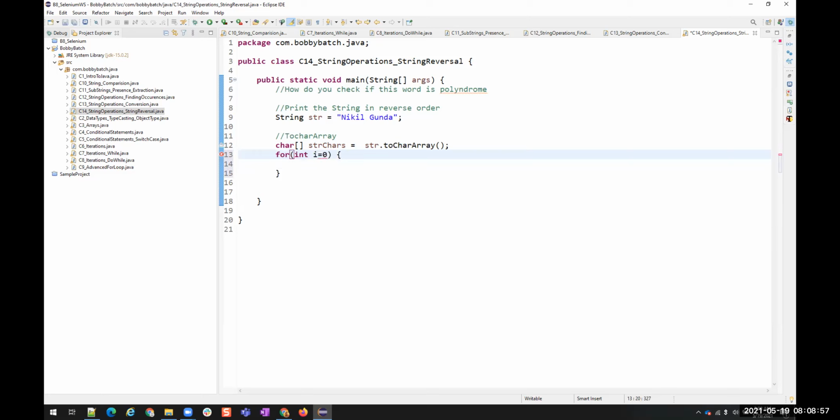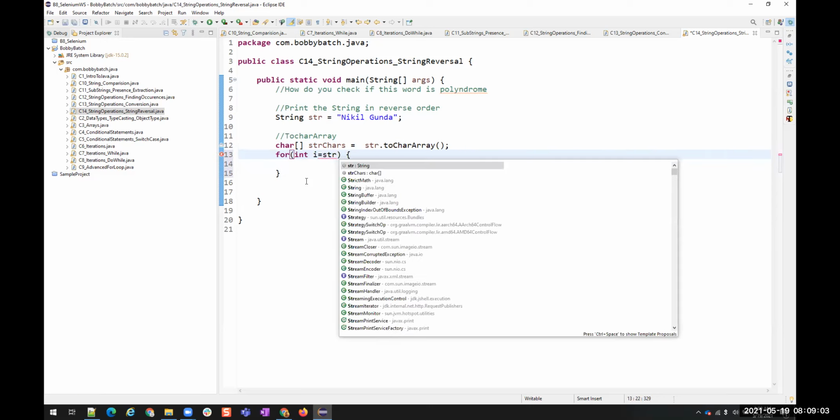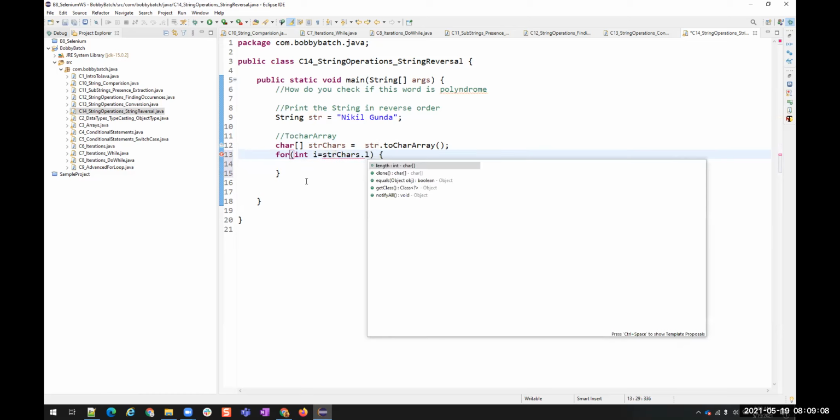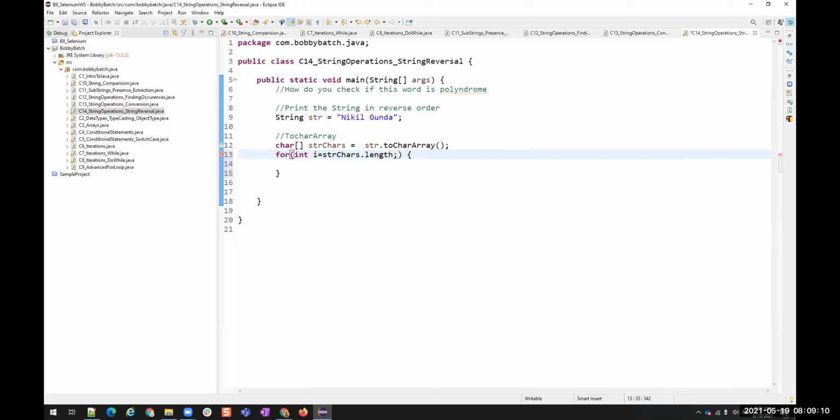No, generally we use 0, but here we are not going to start from 0. We are going to start from the last position. So what I'm going to do is str chars dot length, semicolon, then i greater than or equals to 0, and then i minus minus.